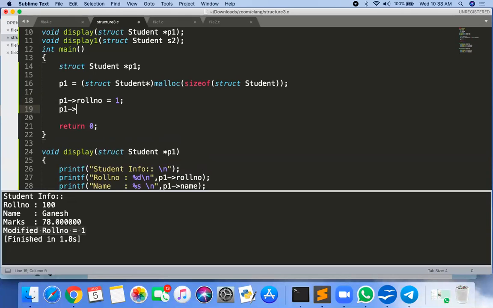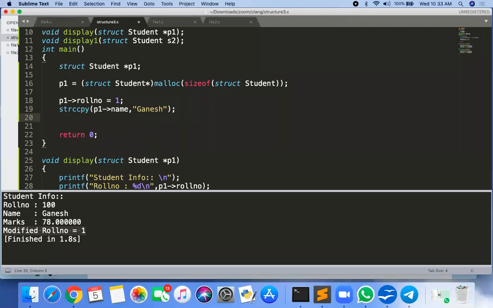P1 arrow name, comma, Ganesh, and the strcpy function should be used there. And then P1 arrow marks is equal to, suppose, 90.5.